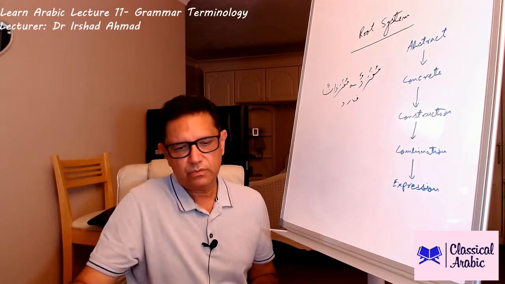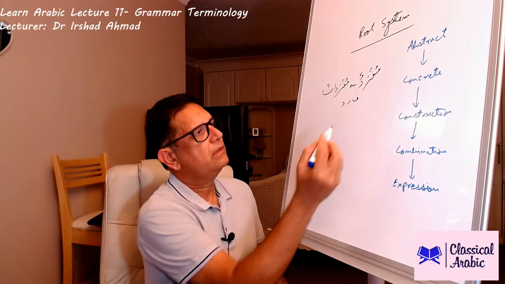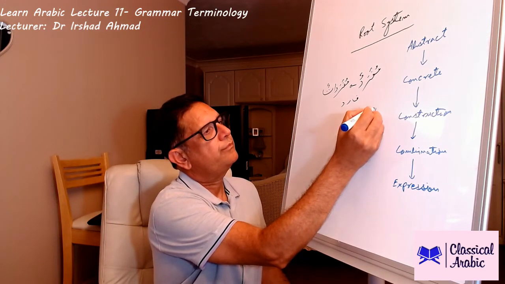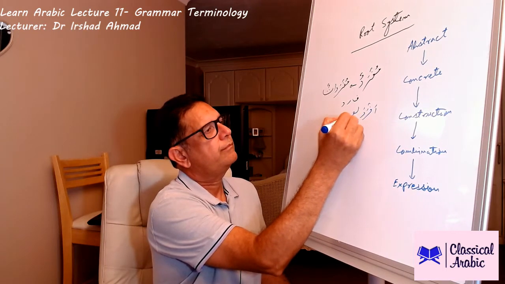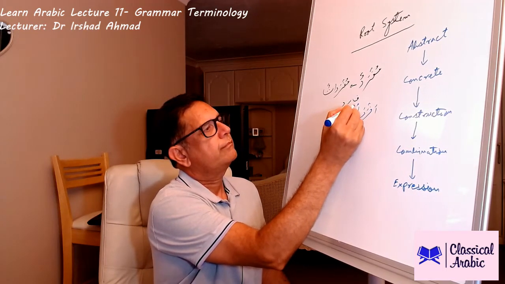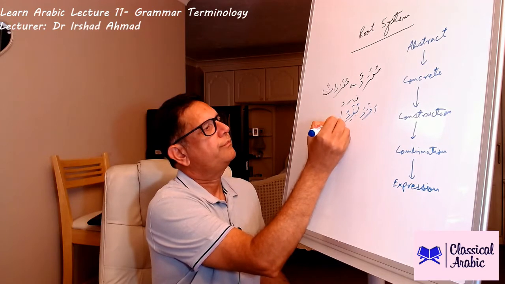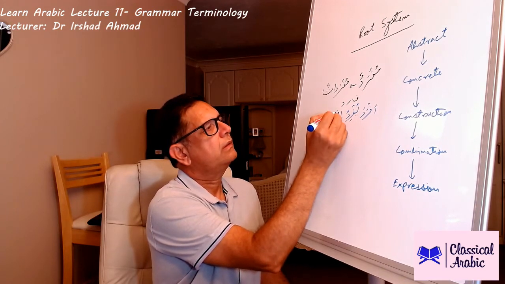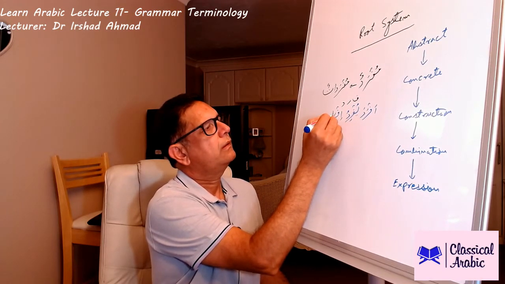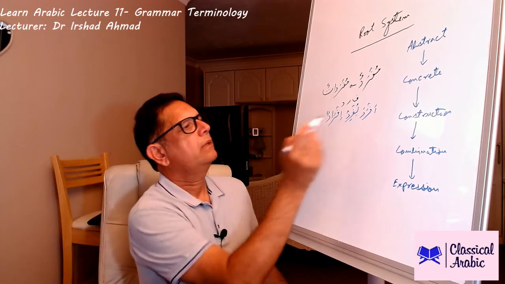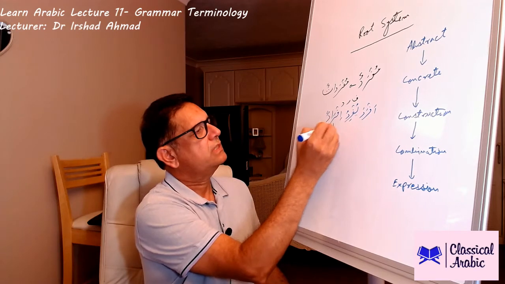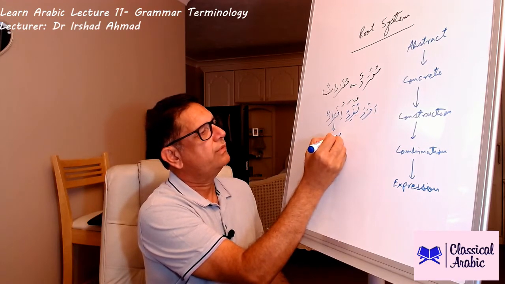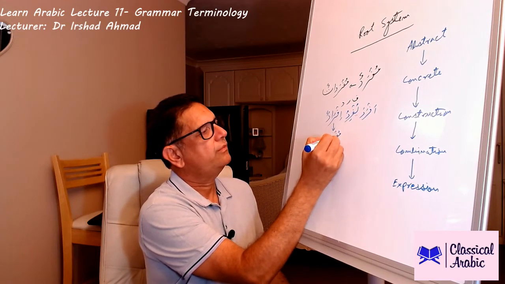From this root we get afrada yufridu ifradun, afrada, yufridu, ifradun. Madi, Mudare, and this is Masdar, and from this Masdar we derive mufradun, noun mufradun,